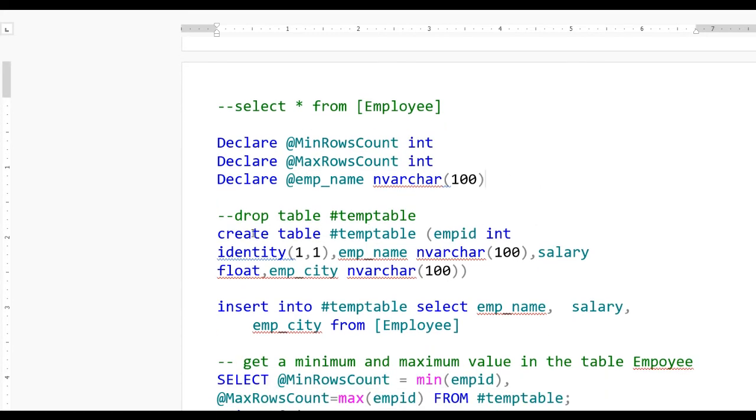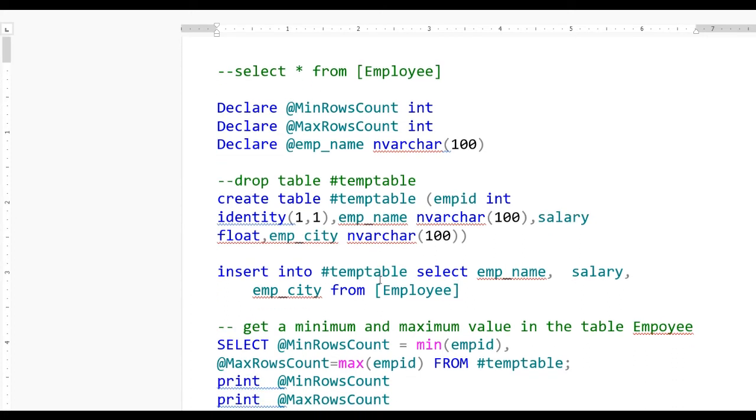Now I have created a temporary table: create table temp table, define employee ID integer which is identity, and employee name varchar, salary float, employee city varchar. Now the values of the table will be inserted into the temp table. After inserting into the temp table, you will get the identity column.